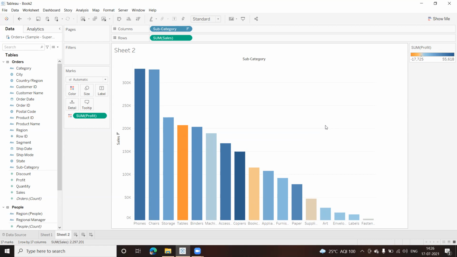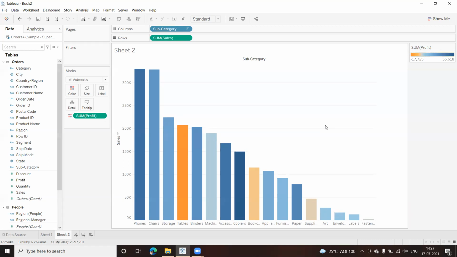So be careful whenever, suppose you get a client who's given you some data and asked you to make a dashboard for them. When you're making a dashboard, see that you choose the right colors, you choose the right chart.